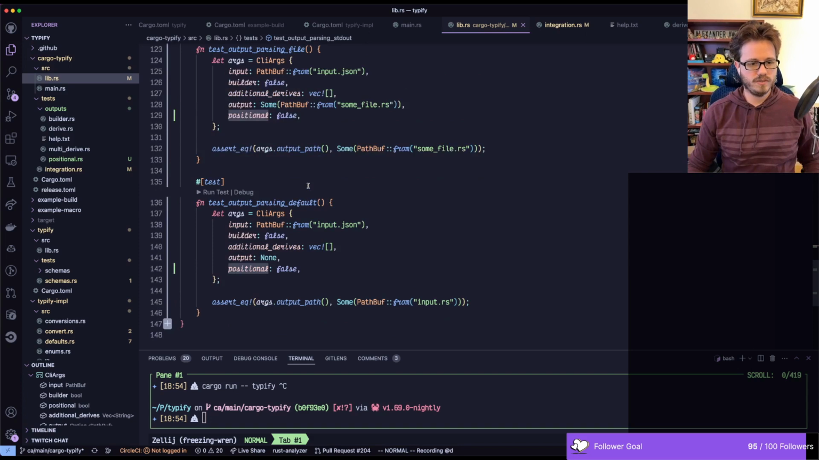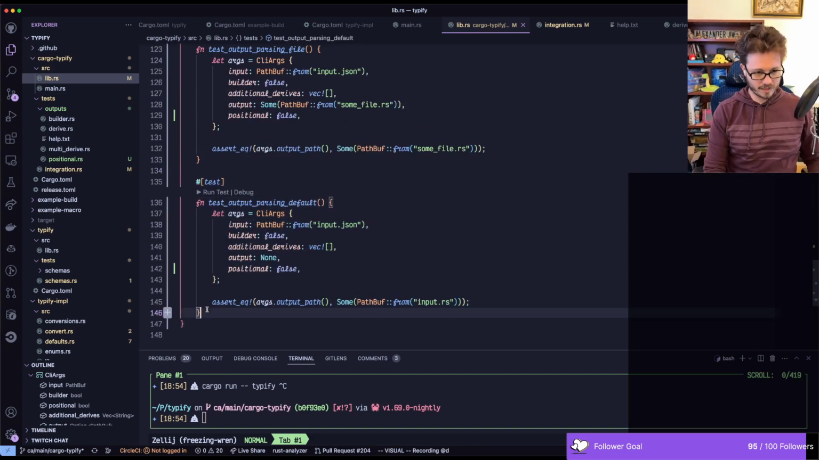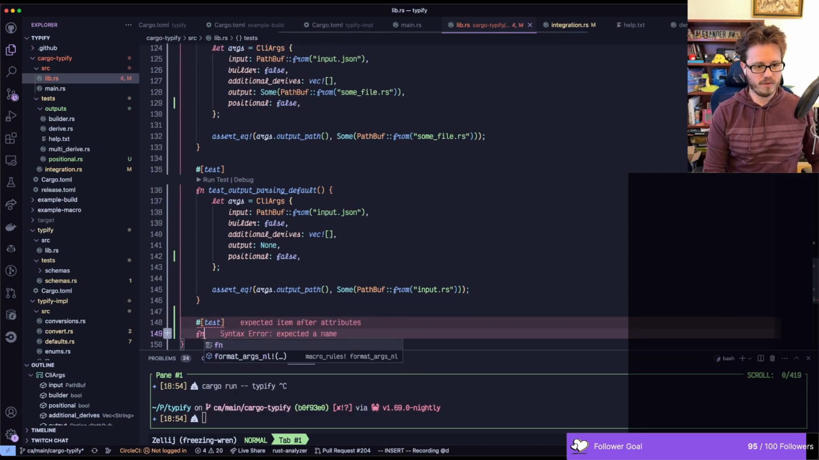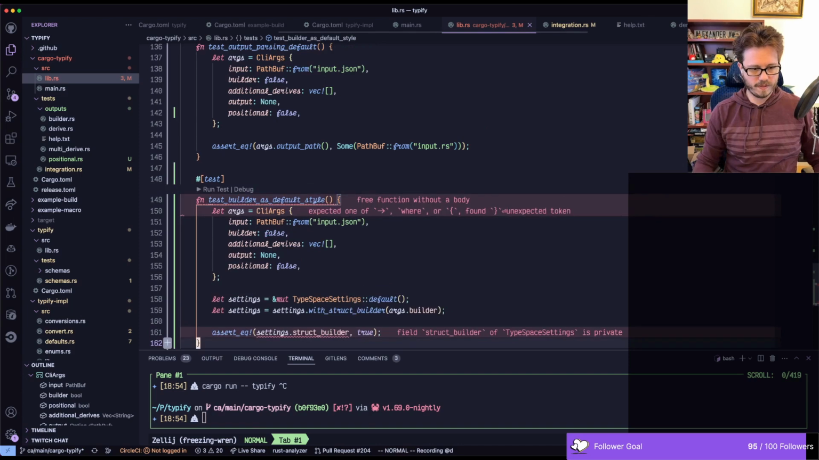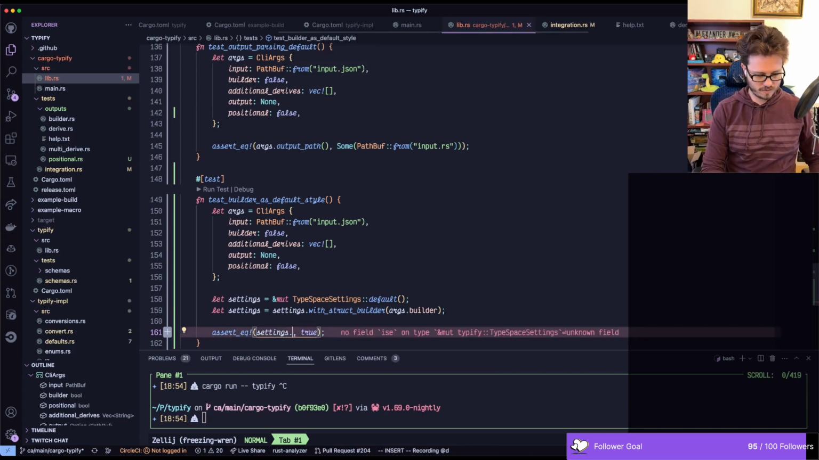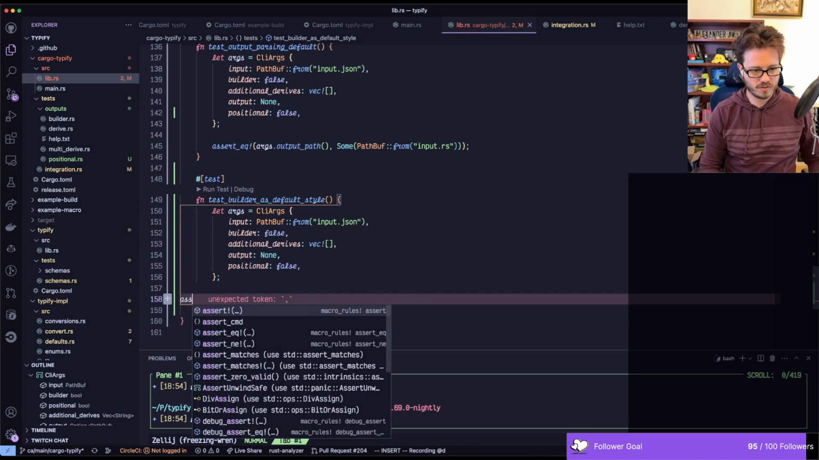So now what we want to do is write a test for the new function we're going to write. I don't know why I copied all that. I don't want to. Test. And we're going to test builder as default style. Okay, so we do some args. Assert equals, yeah, okay, so then this is going to be use, so nope. All we're going to do is assert equals